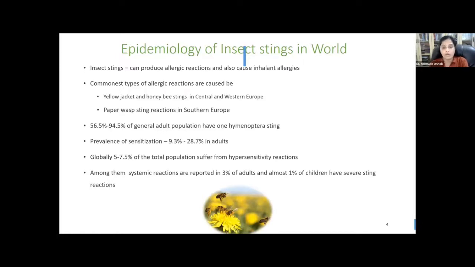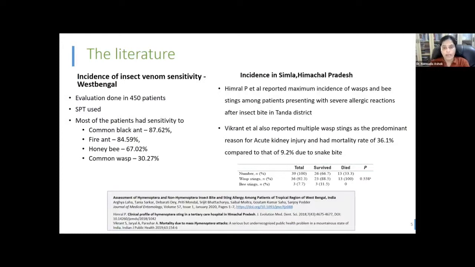That is, among those who have had a sting, about 3% have reported a systemic reaction, whereas children have a much less severe reaction, and only 1% have reported a systemic reaction. Now, what about India? Do we have any idea about insect venom hypersensitization here? Yes, we do. In a study done by Arghya Laha and Tanya Sarkar, they have found out that